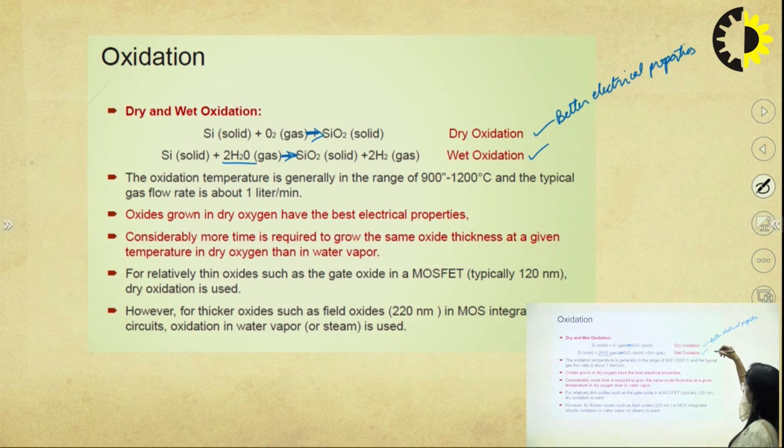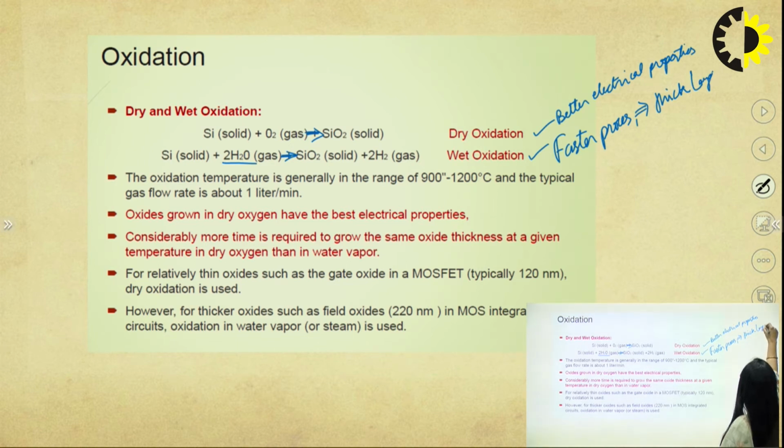But it is wet oxidation. The electrical properties and the efficiency are not that high, but at the same time it is a faster process. So we get a thick layer in the same span of time. Wet oxidation will give me a thick layer. So the oxidation temperature is generally in the range of 900 to 1200, and typically a gas flow rate is